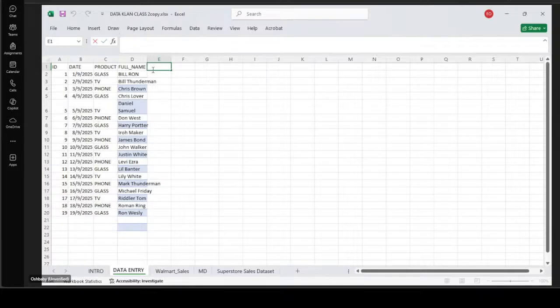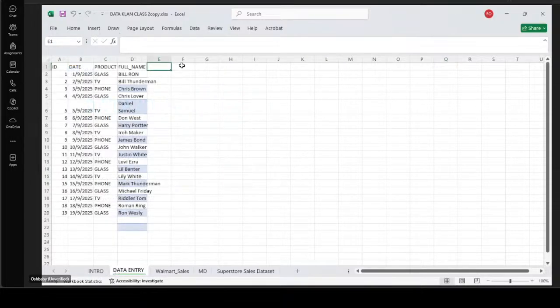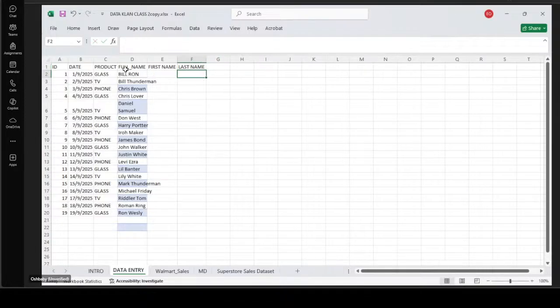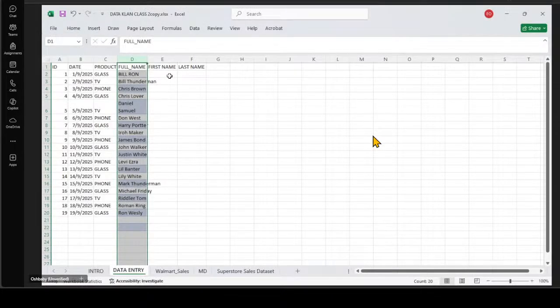I think, okay, now let's talk about, did I talk about it here? No, let's talk about flash fill. So we have first name. I have last name. Now, getting the first name and last name is basically me just splitting this. I can do this by going and splitting it here, but the best thing to do is just use flash fill. I have Bill. I have Run. And so I can come down to this